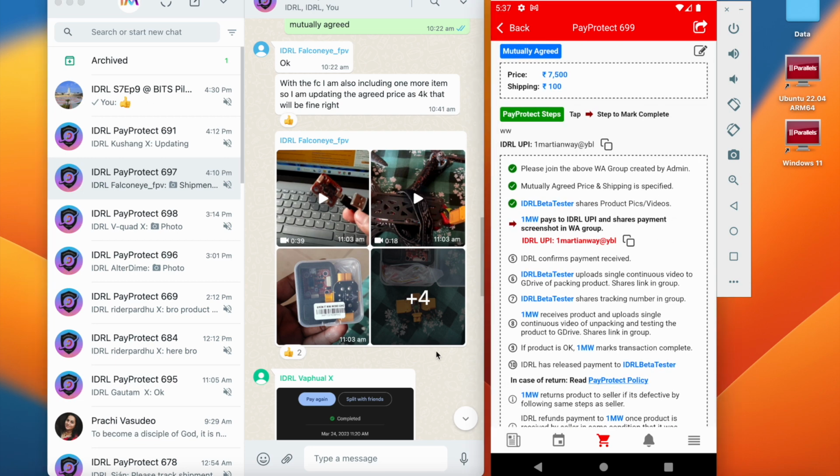Now we understand that we have seen all the pics and videos, we are satisfied with the product. Then all we have to do is copy this UPI address of IDRL and pay IDRL the amount of 7,600. Once I have paid IDRL this amount, I have to paste